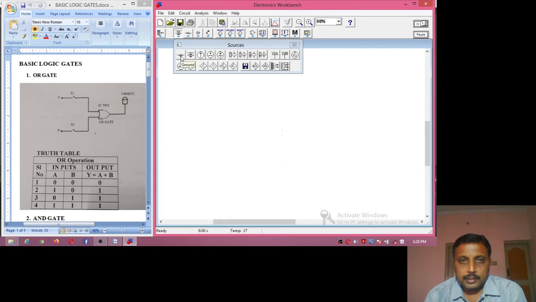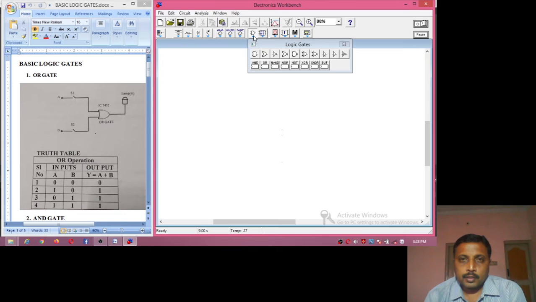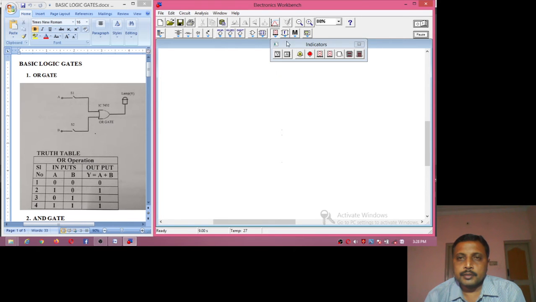So this is called the ground. We have a battery. This is a clock. We have switches. This is the switch. And these are some of the gates which are there: AND gate, OR gate, NOT gate, NOR gate, NAND gate. So we have some flip-flops here: SR, JK, D flip-flop. This output, we will call it the indicator, which gives the output.